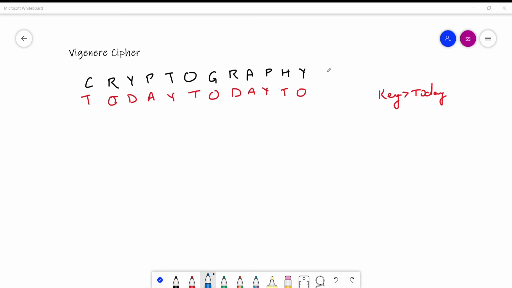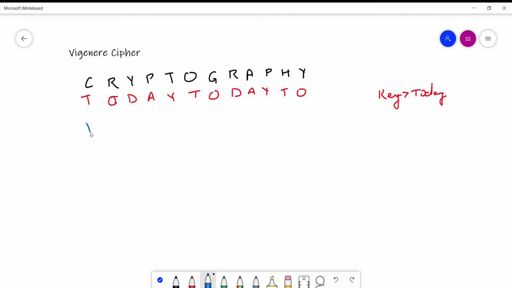So my plain text alphabet was C, so I have to see this C, and my key alphabet was T, so here is my T. According to this table we have to see the corresponding value for C and T. So we will go from C and we will see that the corresponding value is here V, right? So this ciphertext will be V.